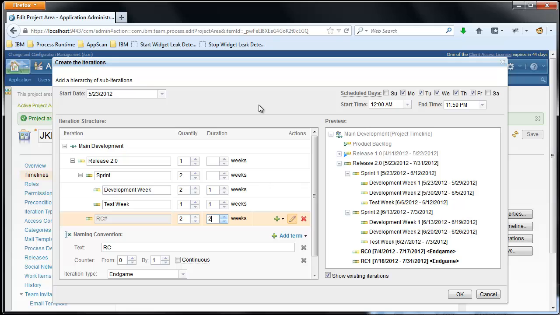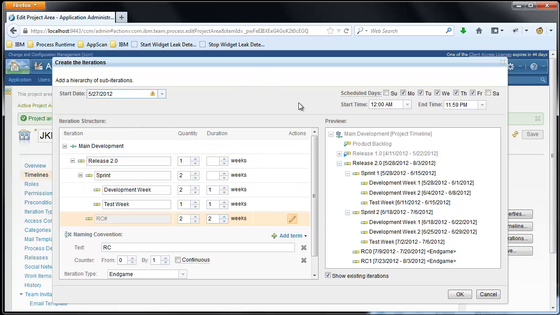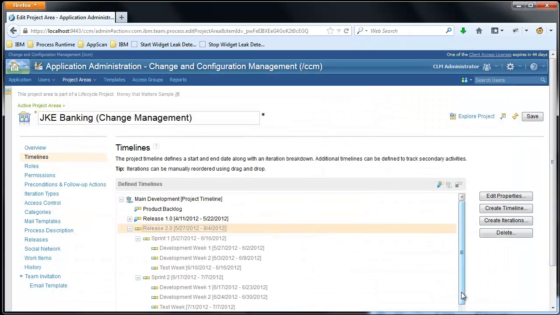There are controls along the top to modify how dates are computed. I can specify a start date for the first iteration, and I can specify which days are scheduled days, which will be used to select start and end dates for each iteration. For example, I might check all the days if I wanted iterations to begin on Sunday and end on Saturday. When I'm satisfied with what's shown in the preview, I click OK, and the new iterations are displayed